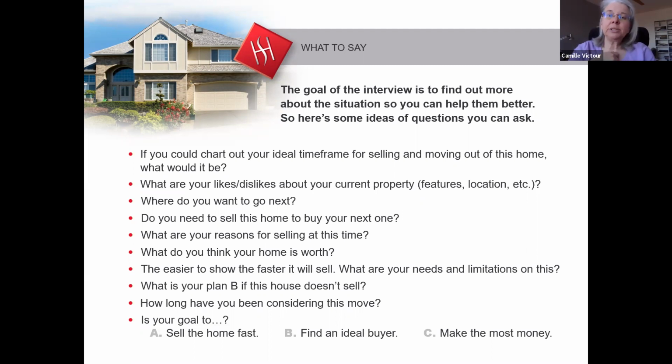The easier the home is to show, the faster it will sell. So I always have a conversation with them about that. What do we need to do to show your home? Can you show on an hour's notice? Is it going to be vacant? Do you need 24 hours notice? Is there a tenant there that we have to deal with? So you want to know what your limitations are going to be around that so that you can deal with that ahead of time and explain to them the easier you make it for me to show it, the faster